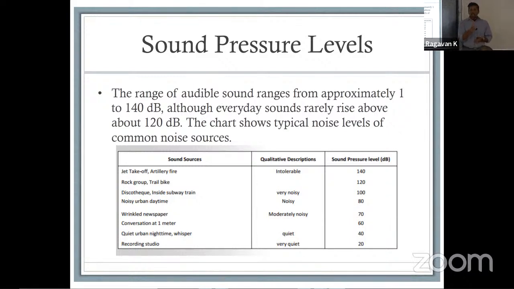So the types of noise have changed, which means what's considered tolerable has also changed to quite an extent. You might be okay with the quiet hum of an AC, but a rickety fan that makes noise might not be okay for you. So that really depends. And this is the definition: a wrinkled newspaper is considered to be 70 decibels, so that's not necessarily quiet. You can imagine if you go to a movie theater and somebody pulls out a bag of candy, it is a lot more annoying there than in a classroom, where it would be just as annoying for the instructor, but for everybody else, you might not care, right? So you have to define it for your given application.